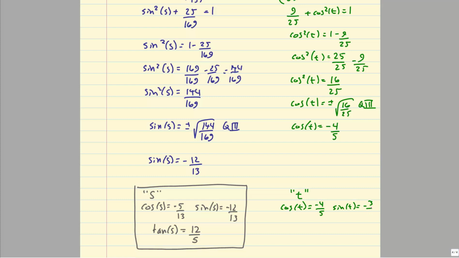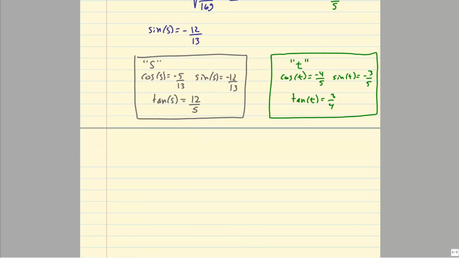And then from here I can figure out what the tangent of t is as well, because I'm going to need those values. So tangent is sine over cosine. So if I take sine negative 3/5 and divide it by a negative 4/5, I would flip that and I'd end up with a positive 3/4. So this is our important takeaway information that we'll need to solve for the 3 things that we were asked